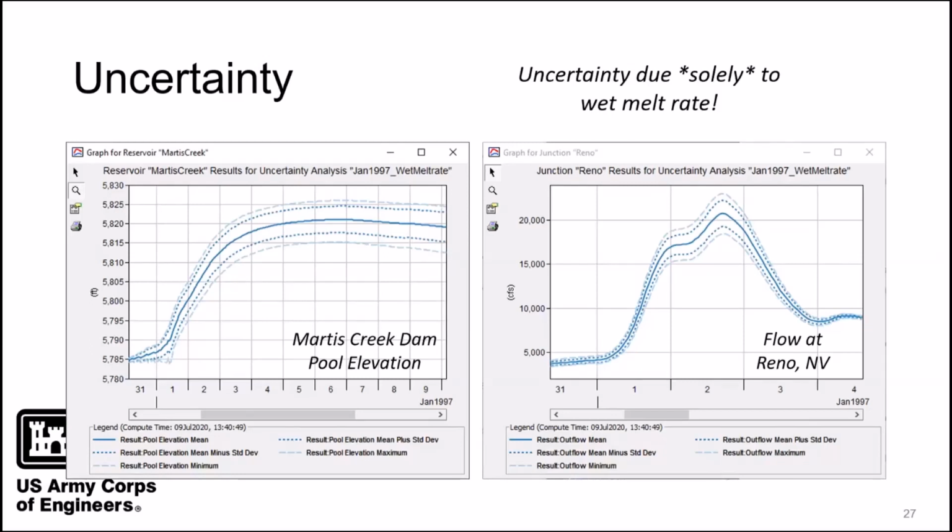We're also using January 1997 meteorology, so precipitation and temperature here. And what we've done is vary the wet melt rate uniformly between 0.05 and 0.2 inches per degree Fahrenheit day. And then that random sample is applied, the same value is applied to all subbasins. So what you see here is that even after calibrating the other parameters, there's still a significant amount of uncertainty attributed to one parameter. And this uncertainty needs to be propagated and incorporated into the reservoir regulation manual and design